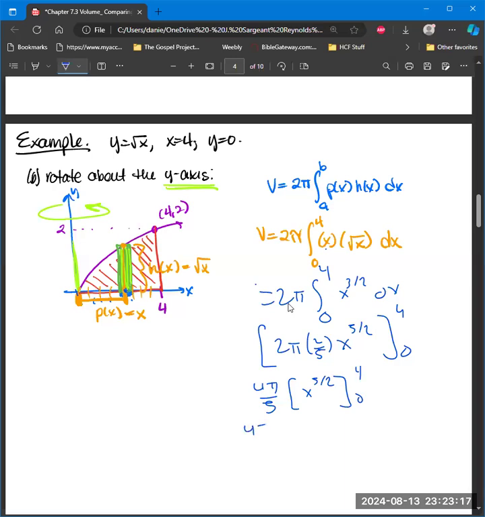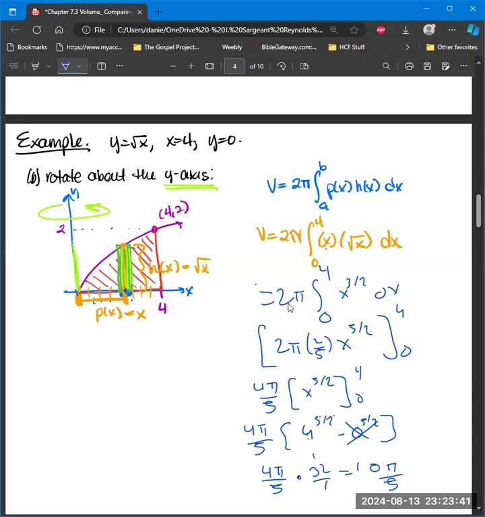That's going to be 4 pi over 5 times 4 to the 5 halves minus 0 to the 5 halves. 0 to the 5 halves is nothing. Square root of 4 is 2. 2 to the 5th is 32. 4 pi over 5 times 32 over 1 is